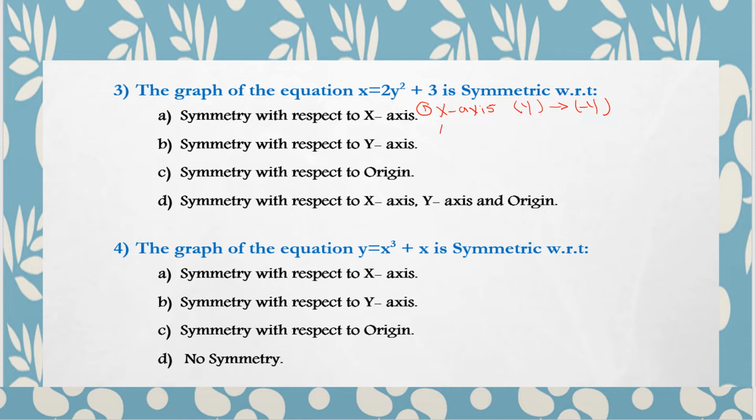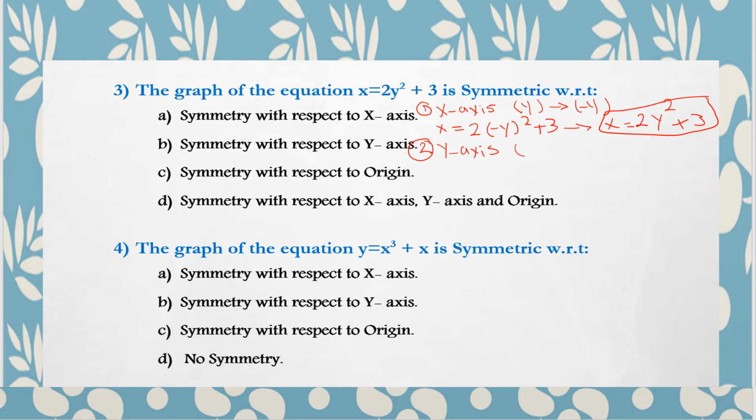So x equals 2 times negative y squared plus 3, and this equals x equals 2y squared plus 3, which is equivalent to the original equation. So this is symmetric with respect to the x-axis. Again, for the y-axis,